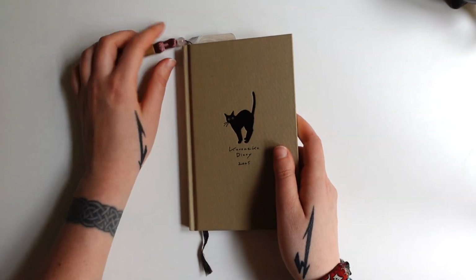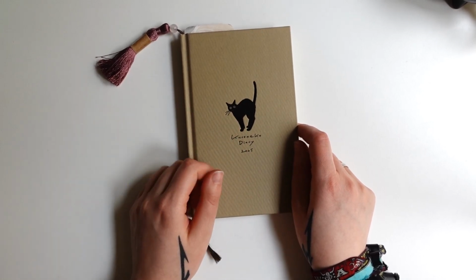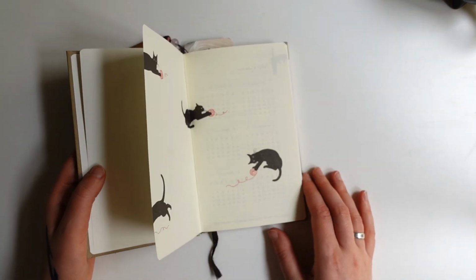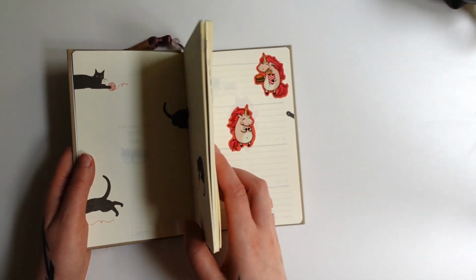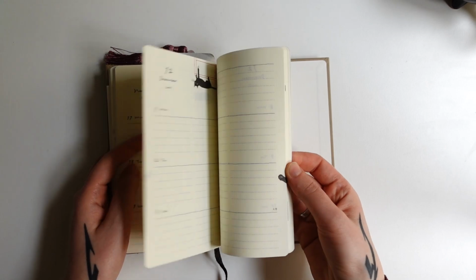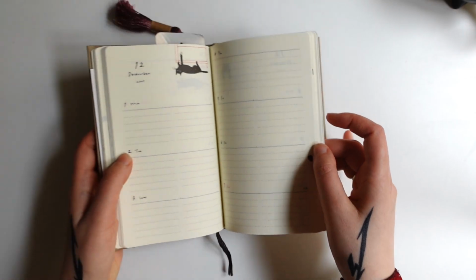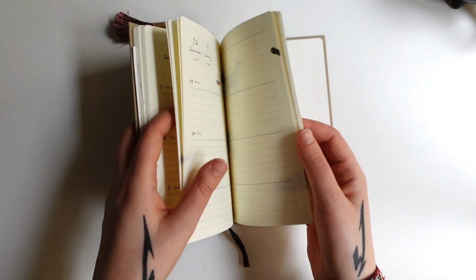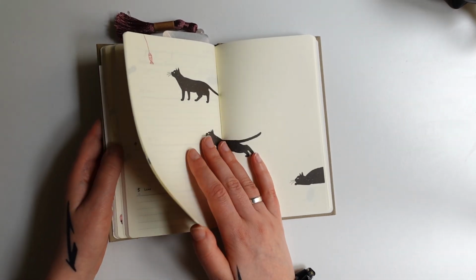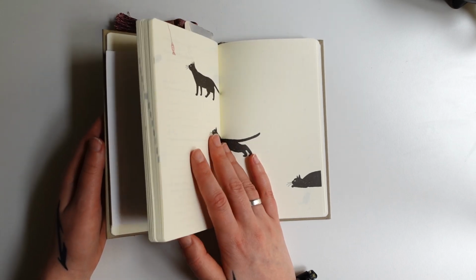Then I also have this diary from Midori with a cute black cat, and this was a very impulsive purchase. I basically ordered this because of this cute cat, because I really liked how it looks inside. It's just absolutely adorable with these cat images. And when I ordered this, I didn't really know what I was going to do with it. And I think I shouldn't do it next year, because I kind of feel like I have to use it because I have it and it's super cute, but for some time I didn't really know what to do with